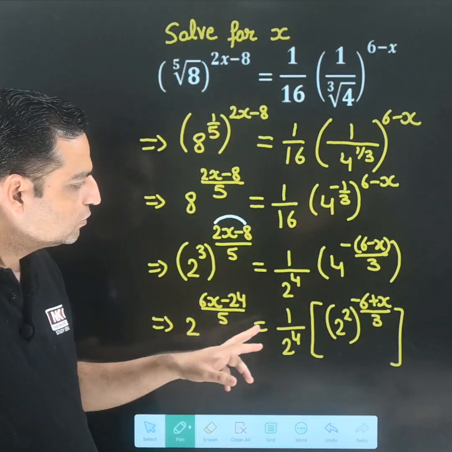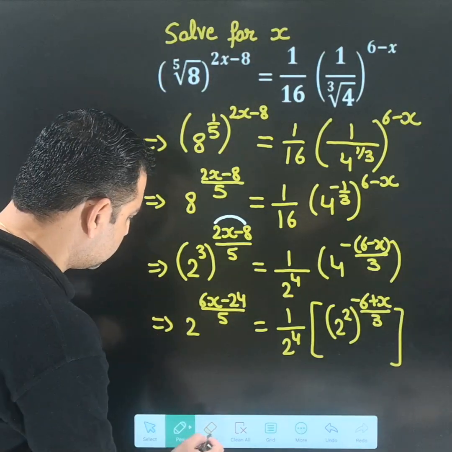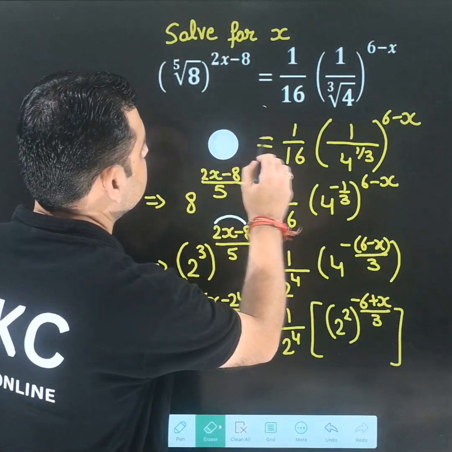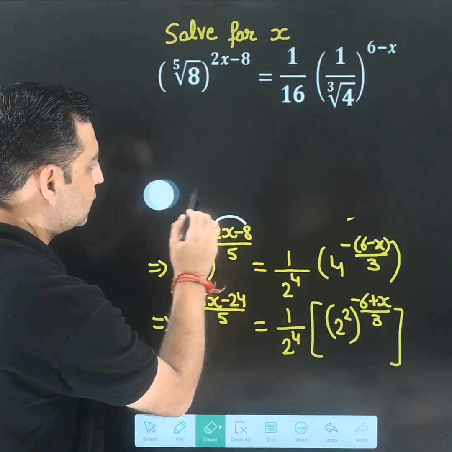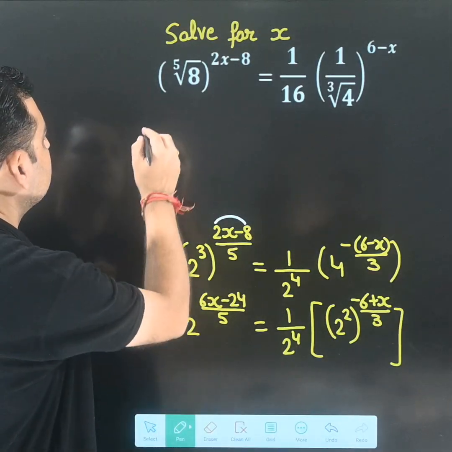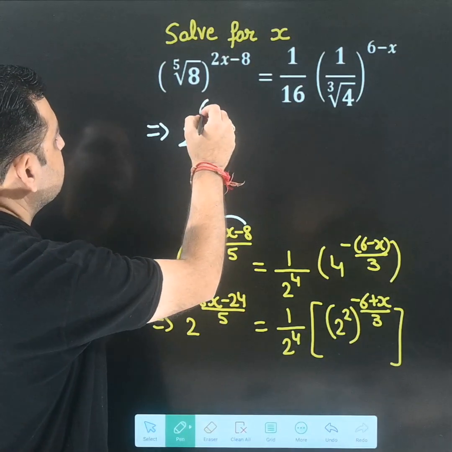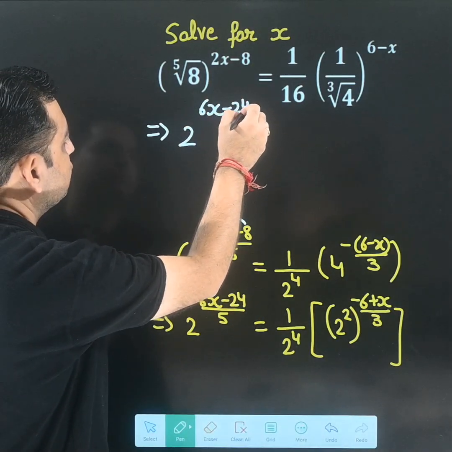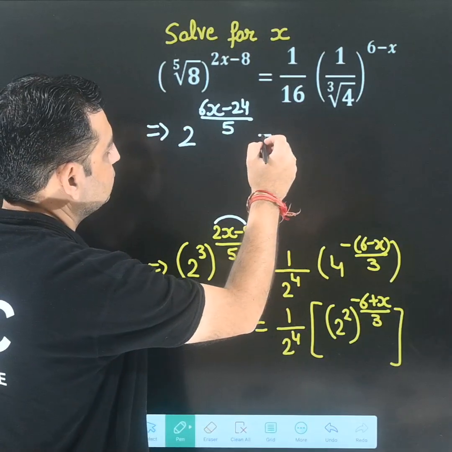Now I need not make any change to my left hand side. Let me make a space over there at the top. Please check here. Yes. Now left side, let me write exactly the same as what is already written: 6x minus 24 upon 5. In the right side,